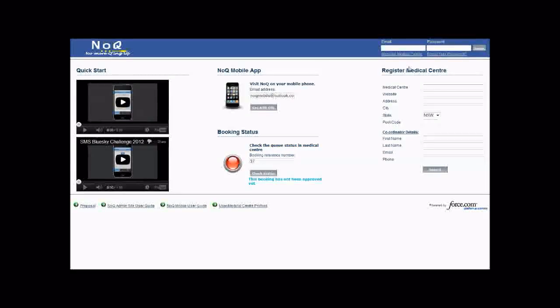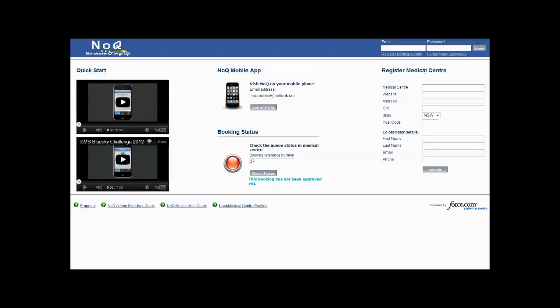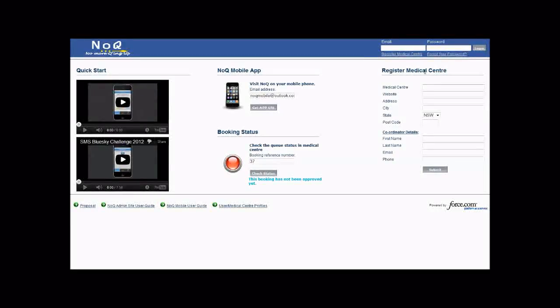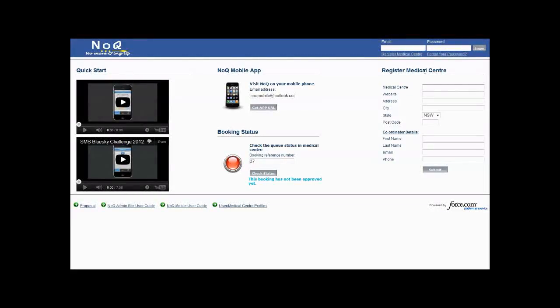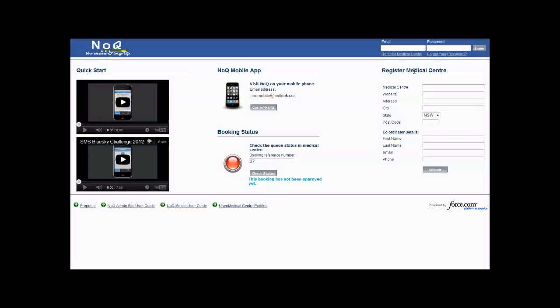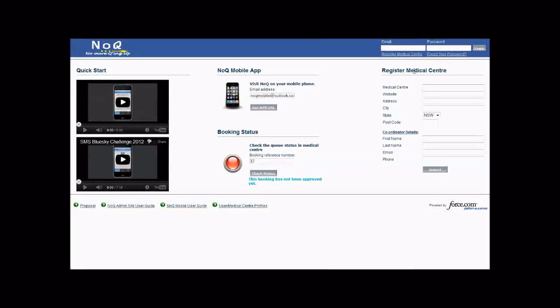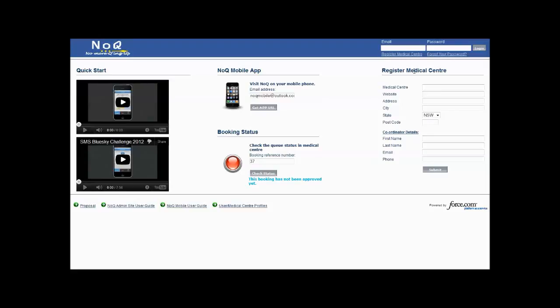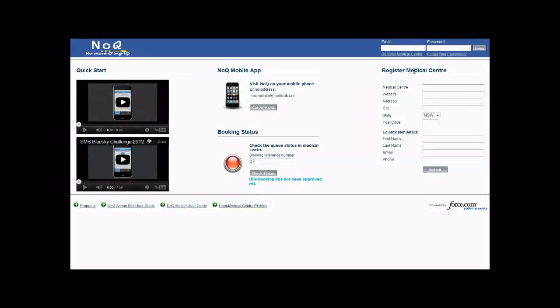Right, now to begin with, there are three different user roles for this website. One is a site administrator, who has control over the entire website. He can accept or reject medical center registrations, and define longitudes and latitudes for mapping them on Google Maps on the mobile phone. The second user role is a medical center coordinator, who's basically the controller of the whole medical center